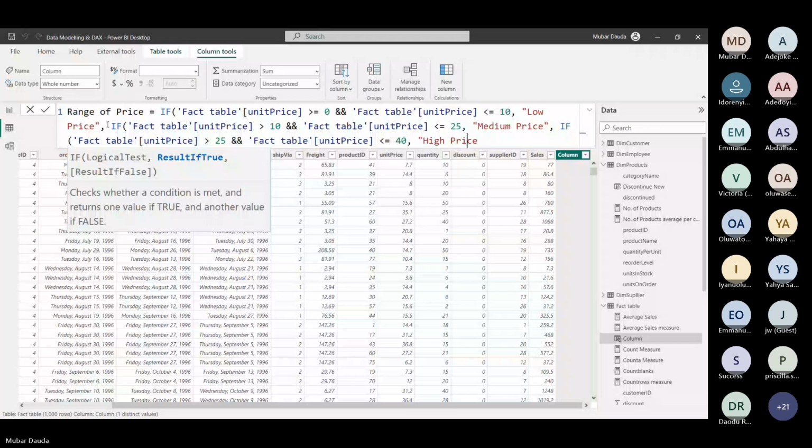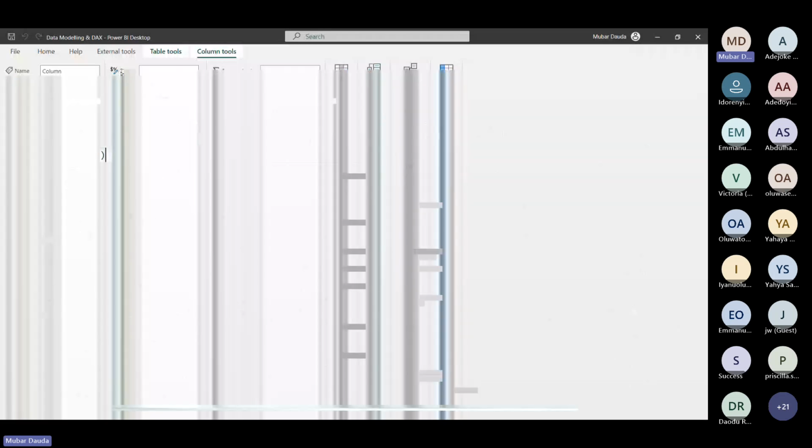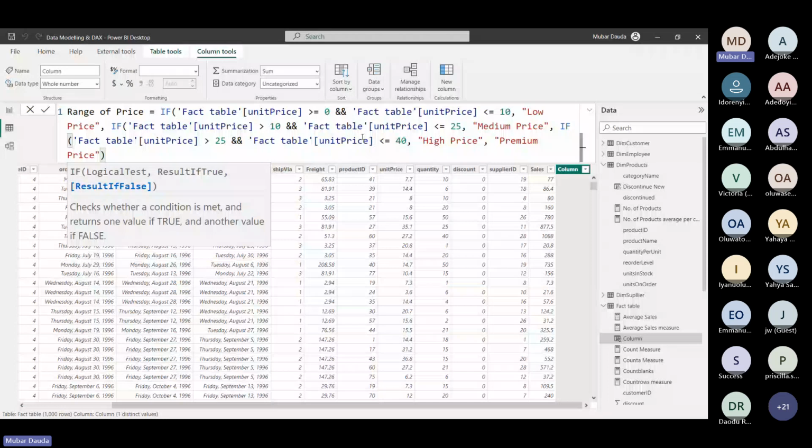So if I'm here now, you see for this last one I specify is bracket. So I will close bracket for all the other IFs that I created. I'll close for this second one too and close for the third one. If I click enter,